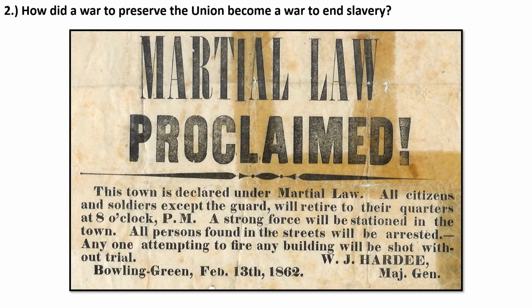Next, Lincoln felt the need to hold on to the border states. These were the states of Kentucky, Delaware, Maryland, and Missouri. These four states were slave states, but they had not actually left the Union. So, in an effort to hold on to them, Lincoln engages in certain practices that are not necessarily above board. So, one, he suspended habeas corpus in the border states, which is a constitutional provision that says you need to actually charge someone with a crime to arrest them. So suspending habeas corpus allows Lincoln to arrest opponents to the war without them actually having violated any kind of